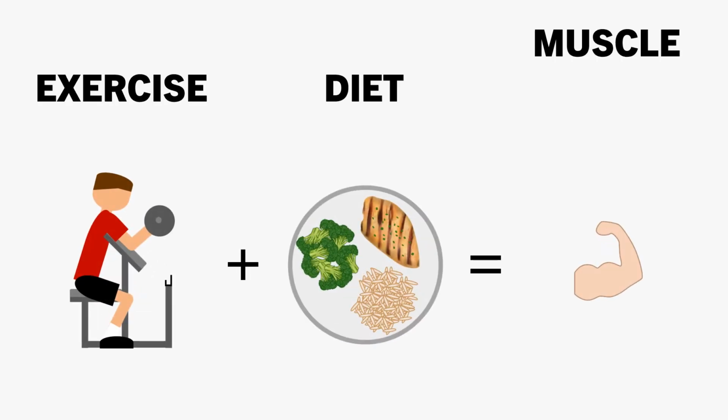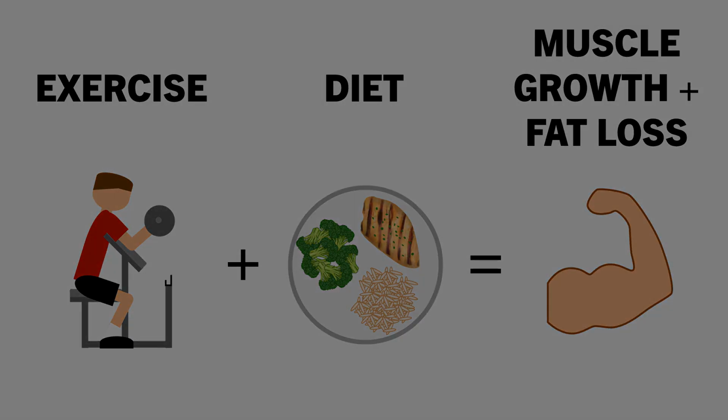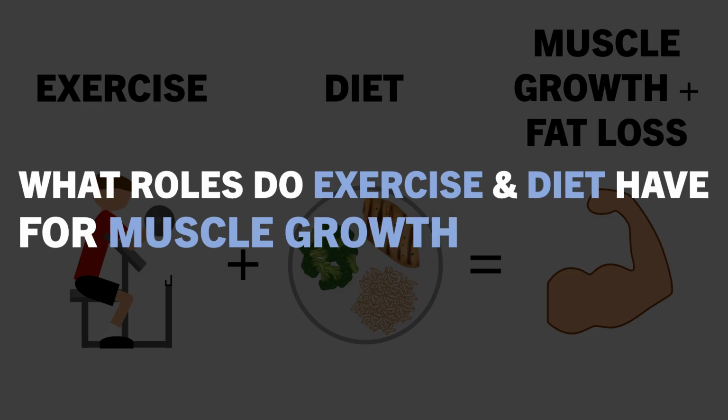We know that exercise and diet are the two primary variables which influence our body composition. However, each plays a different role in these processes and might be manipulated differently based on our current goals. So what does manipulating our diet achieve? What adaptations does resistance training provide? And what role does cardio play?